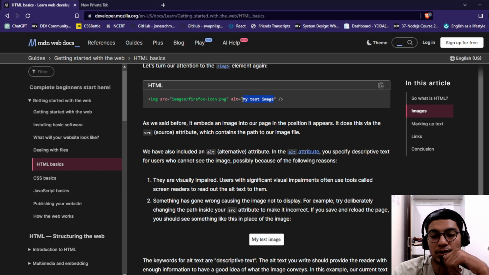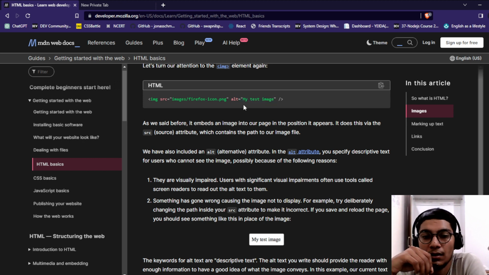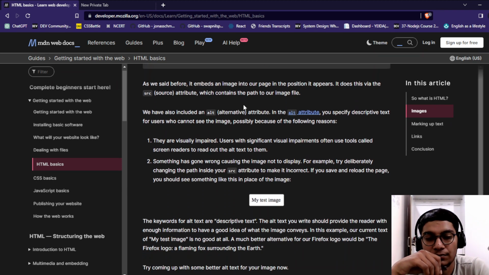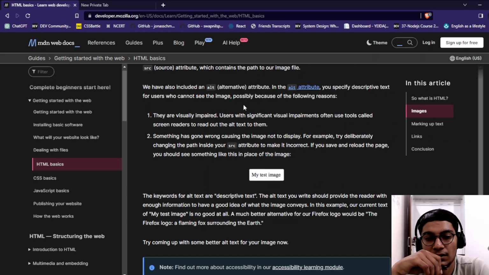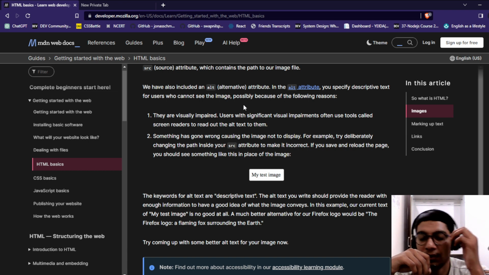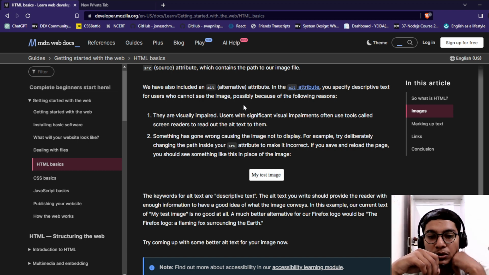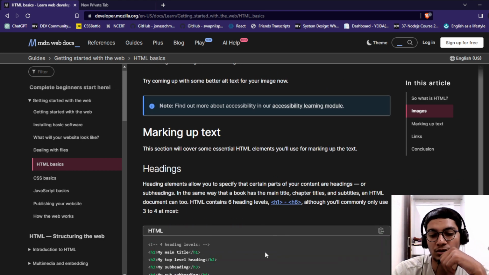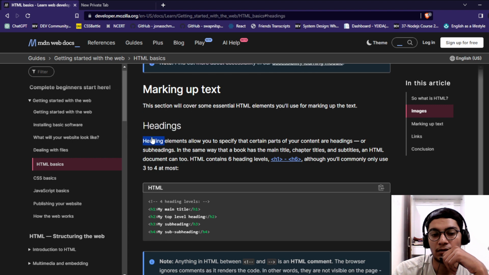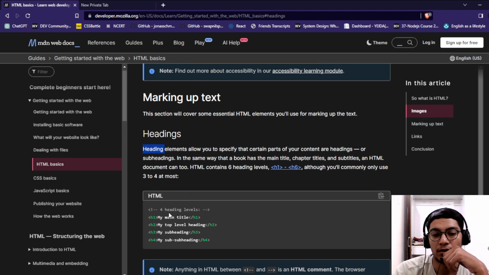Alt is used to describe the image, why we are using this image, and it's good for SEO purposes also. This is for visually impaired users, with significant visual impairment, who use a screen reader that reads the alt text. We are going to continue with the header tag in order to represent